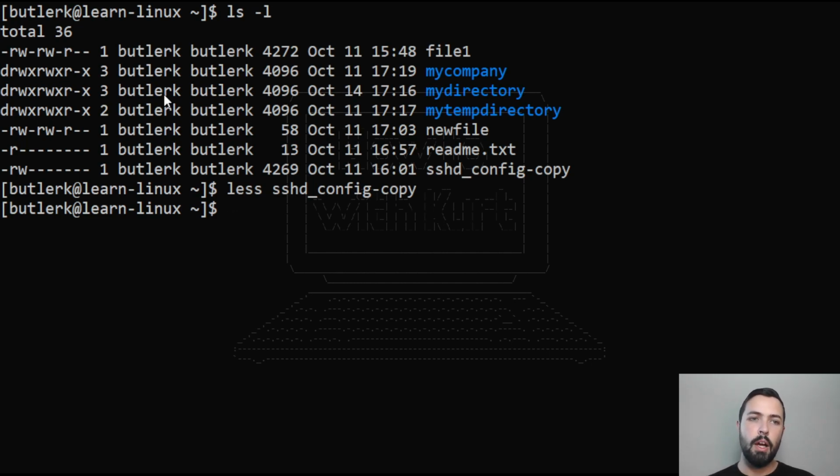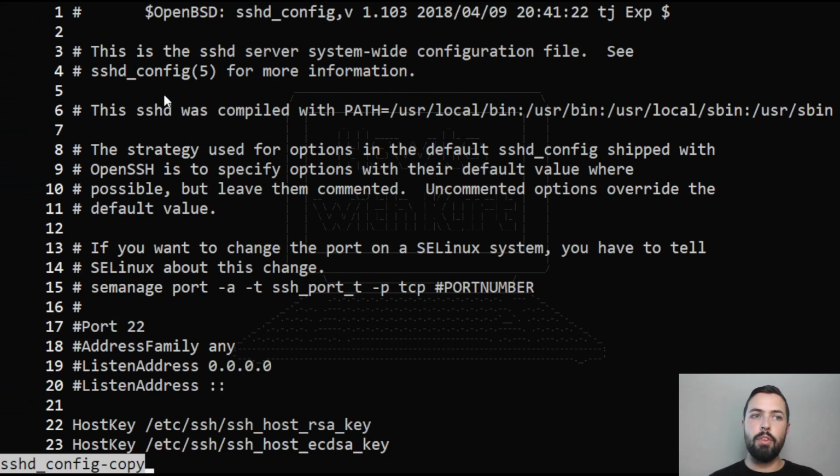So the first one we're going to use that's useful is the -N flag. What this is going to do is list line numbers with the display. So as I'm seeing the file, I'll see line numbers, and we'll go ahead and just do that. So less -N, and then I'm going to call the file. So you have the command less, you have the flag -N, and then you have the parameter, or in this case the file name, which is sshd_config-copy. So when I hit enter, notice now we have numbers on the left side of the screen,